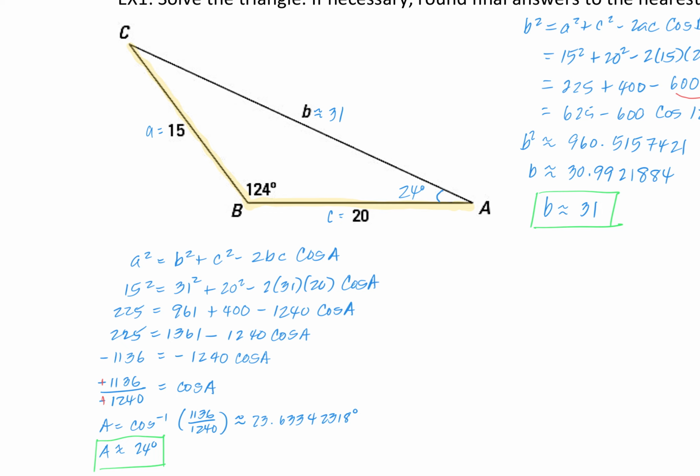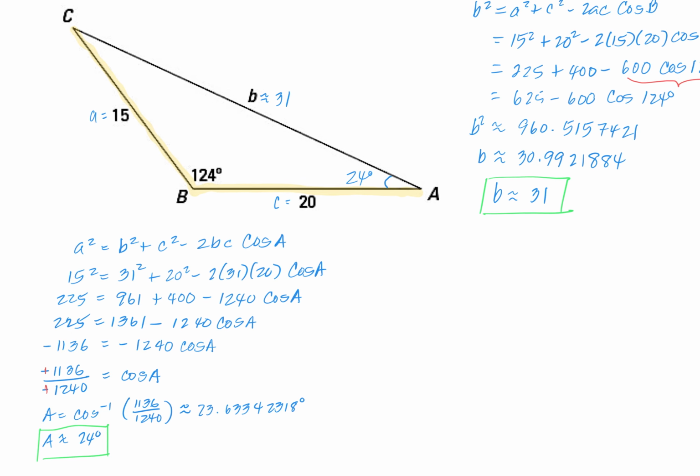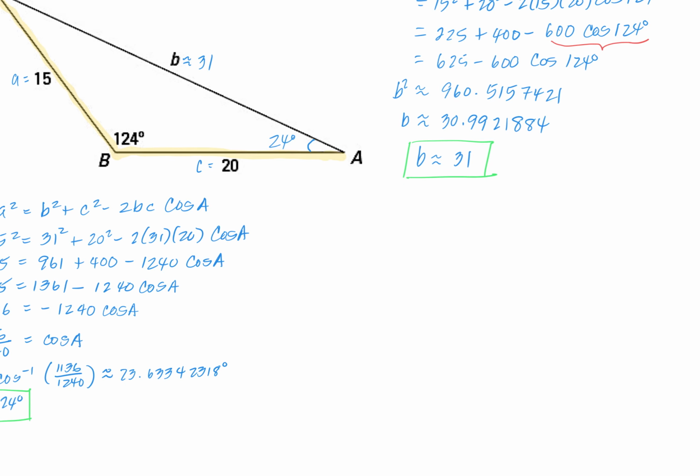Now let's find C. Here we can just use the fact that the sum of the angles is 180 degrees to get our C. And this is going to be an approximation because I rounded A. We're going to take the total 180 degrees, minus the 124 for angle B, and also minus the 24 degrees for angle A that we just found. And it looks like that would be